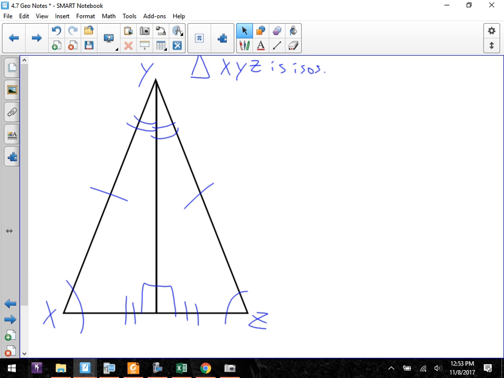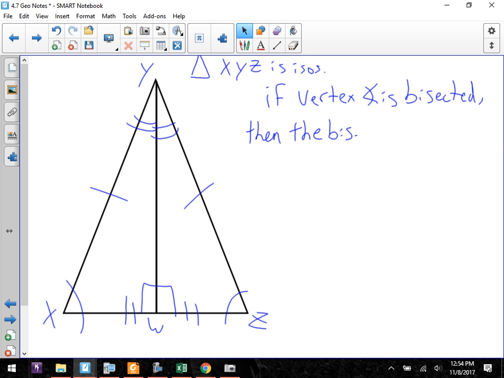What happens here, and this is kind of wordy, I'll call this W. If the vertex angle is bisected, then the bisect segment, or bisector, I will call it the bisector, is also what's called the perpendicular bisector of the side opposite. And